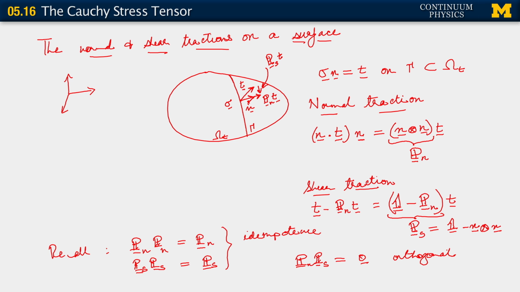All right. So that's what we have then for how we can think of the traction along any surface as being decomposed into a normal and shear component. The next thing I want to do is the following. So now we've introduced this idea of the normal component of the traction, and we see that if we look